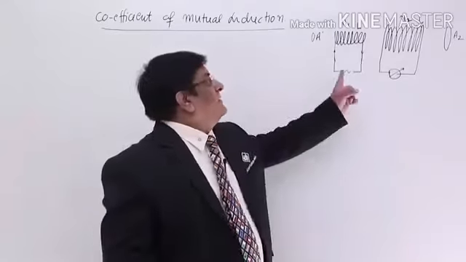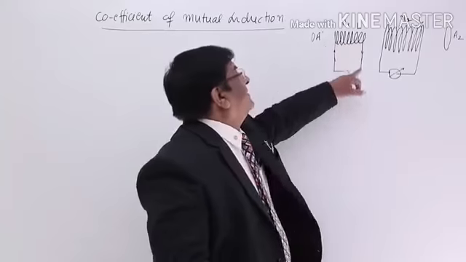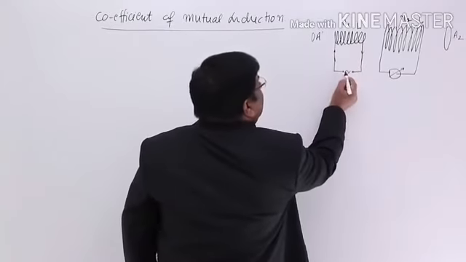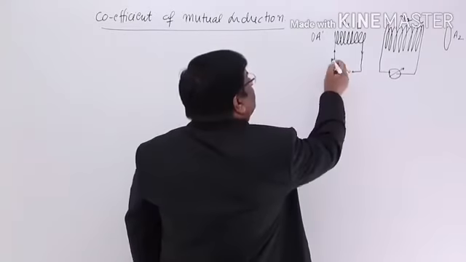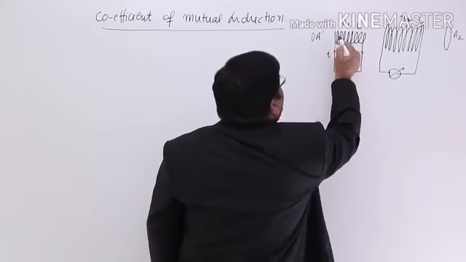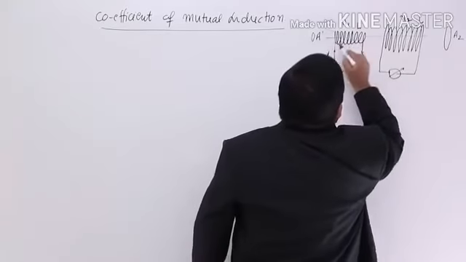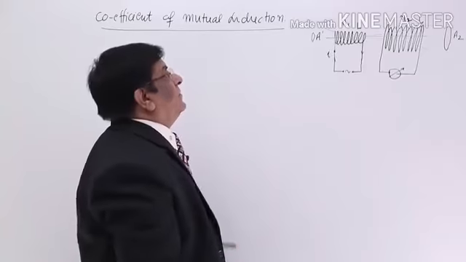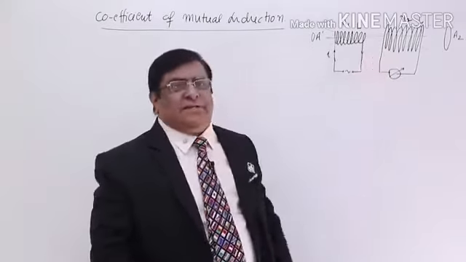Here are the two coils. In one we have an arrangement for electric current flow. We give it a variable EMF from this place. This is the sign of variable EMF. Then because of the current in this, there is always a magnetic field made here, and this magnetic field gets linked to this coil also. So there is a mutual induction between the two, as we have understood in the previous lecture.